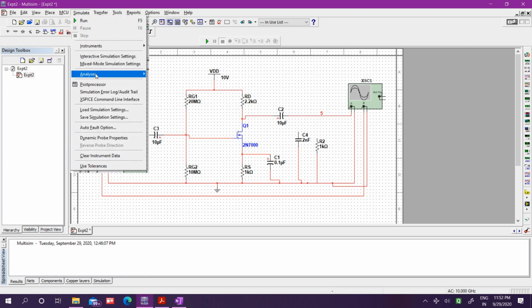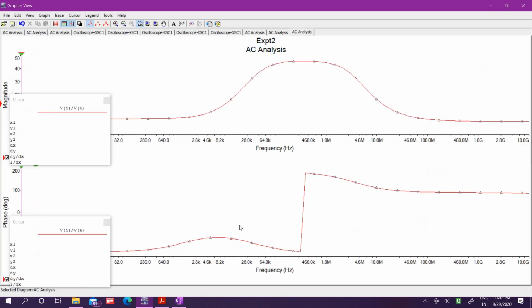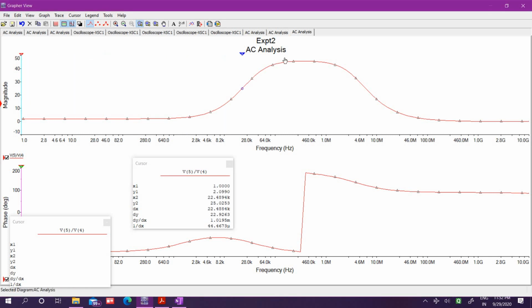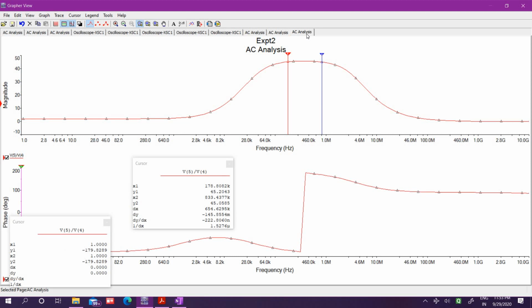So again, go to the simulation, AC analysis, output, and simulate. See, now again I'll take the cursor. So look at the figure. In the previous figure we had a wide range of frequency band, but here the band is reduced. Okay, so if I again take the 31%,